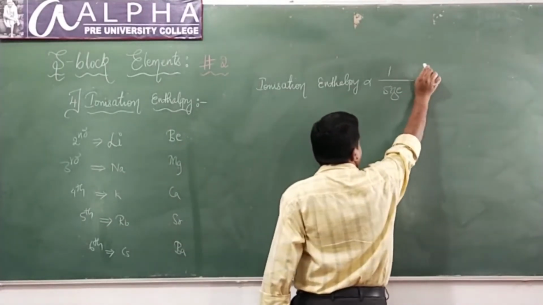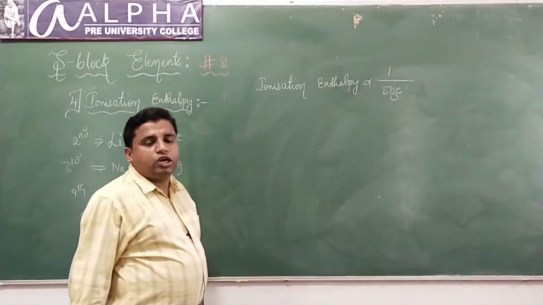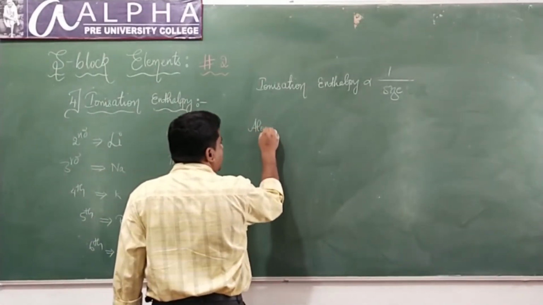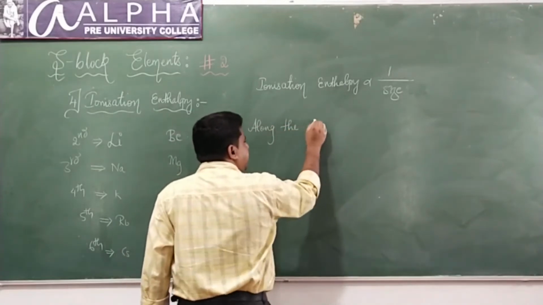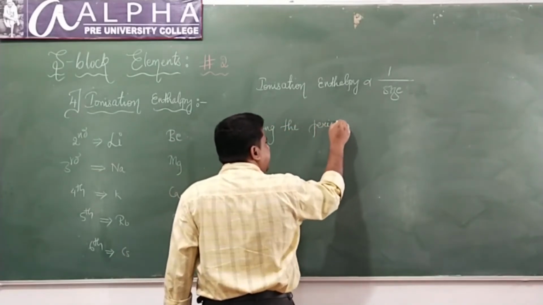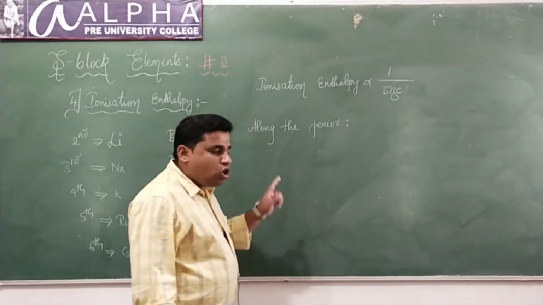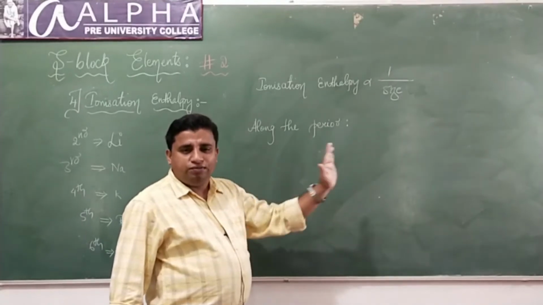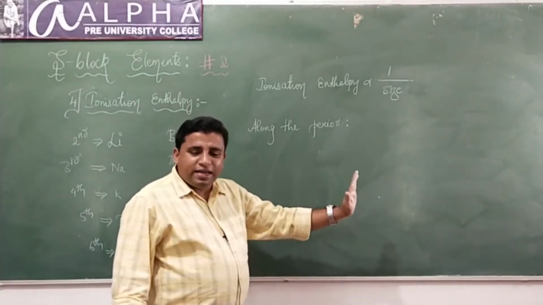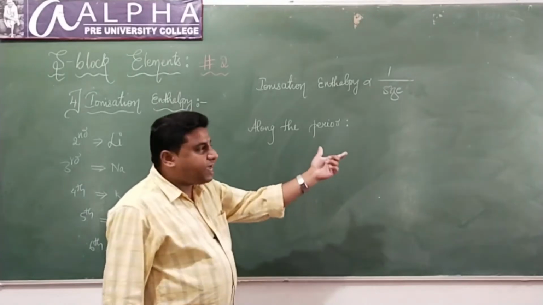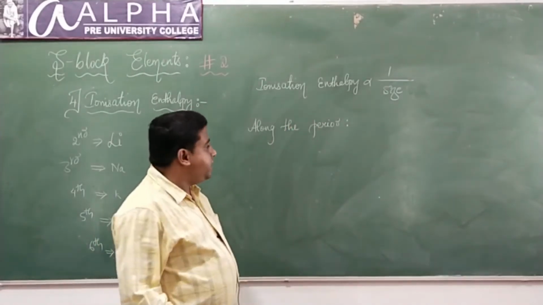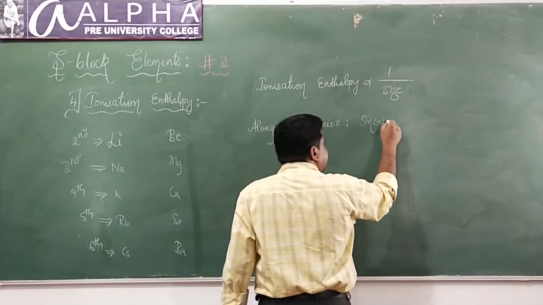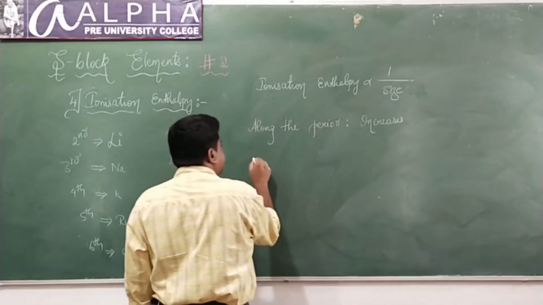Ionization enthalpy is inversely proportional to size, that means the radius, whether ionic radius or atomic radius. How does it vary along the period and down the group? Along the period from left to right, from group 1 to group 17, the atomic radius and ionic radius decrease. As the size decreases, ionization enthalpy increases. So along the period, ionization enthalpy increases,